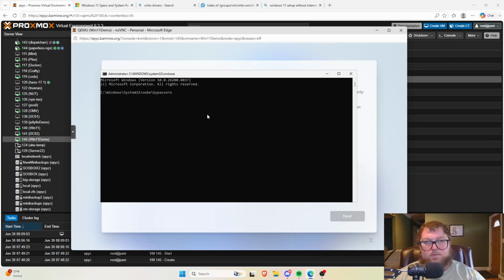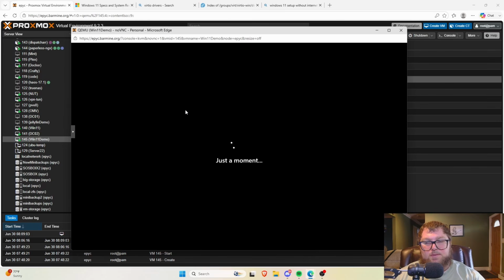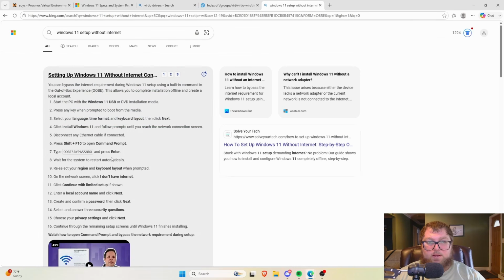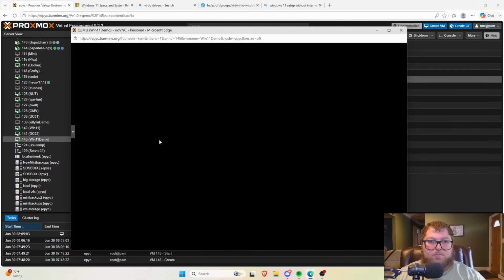So the old way to be able to do this was oobe\bypassnro. Sometimes it works, sometimes it doesn't. It seems that they changed a couple things. I was actually just looking into it because it used to be like a whole different string of commands you had to do to bypass it, but now it looks like the oobe bypassnro is working again. If not, you can just Google for the other commands. It's just set up Windows 11 without internet, and it will give you the command over here and then the steps. After a minute or so, it'll reboot